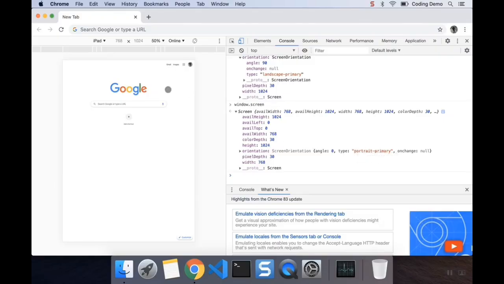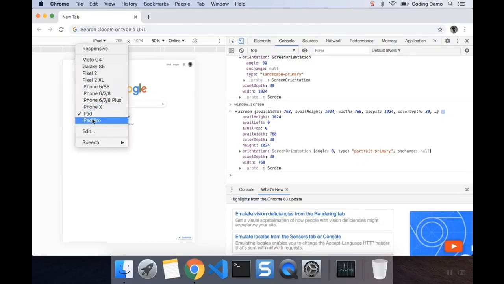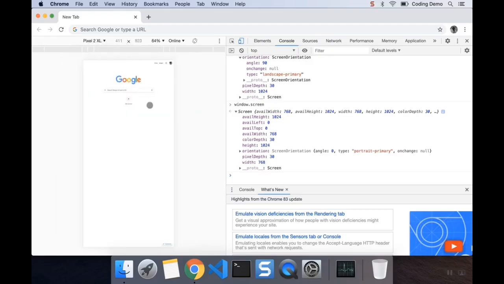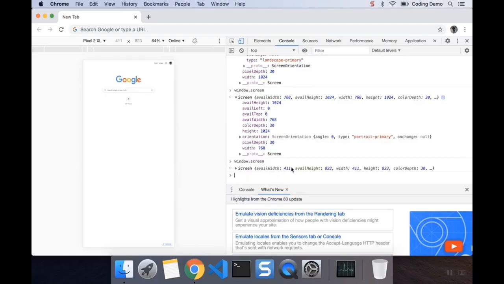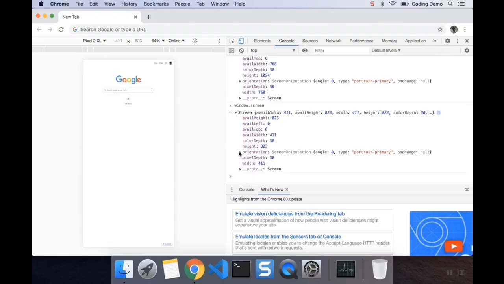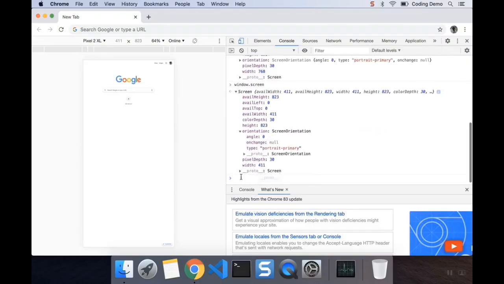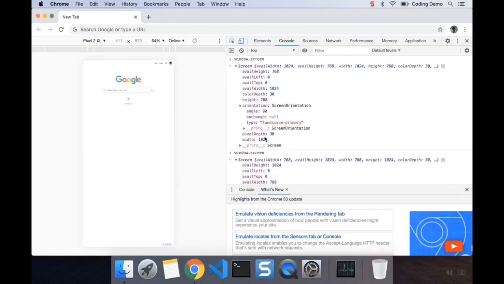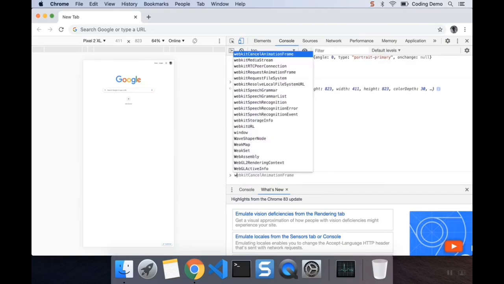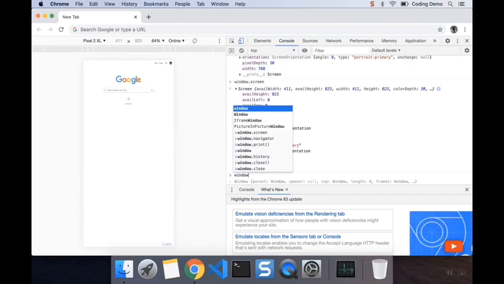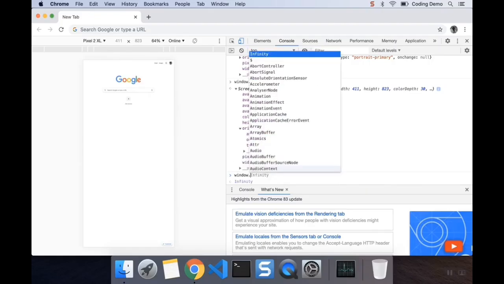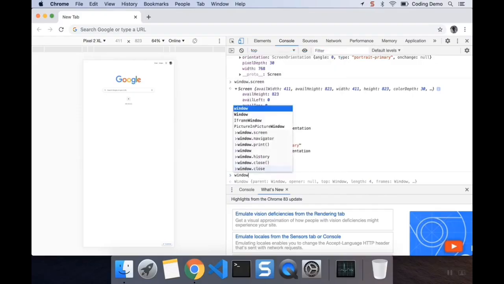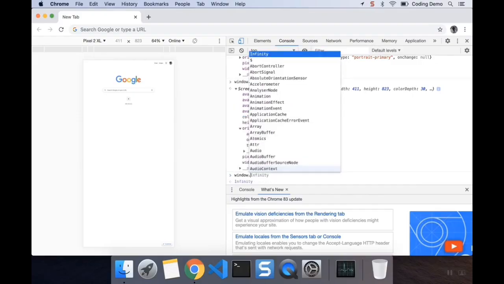So that's pretty cool. Now if I change this to, let's say, a phone, and I run this, the dimensions will obviously change. You can notice here the available width and the available height has changed, and the screen orientation again is portrait. But if I were to check with the Navigator, let's see what information we get. This is just a simulation that we are running right here. It's not the actual device. So let us see Navigator,